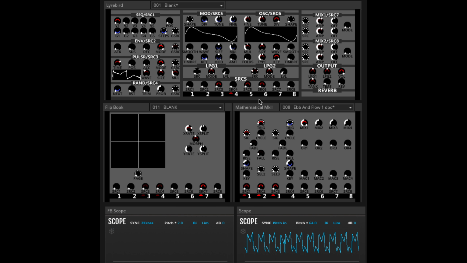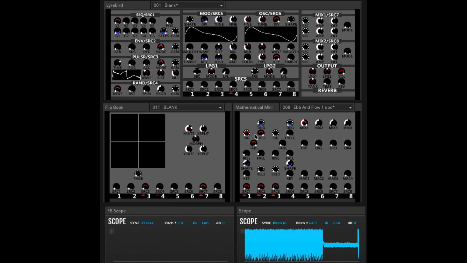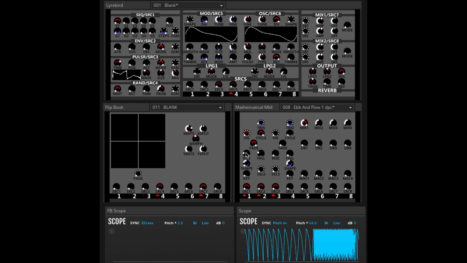So if we start crossfading in Mathematical, you can see we're having an effect on the signal, the pulsed in signal, but we're basically flattening it out, which isn't very interesting. So let's turn on Mathematical's internal cycle mode. In other words, let's have it generate its own pulse. We're filling the screen basically with a dense pattern here, which is controlled by the rise and fall rates, which are set here. So they were set to fast as possible, and now I'm slowing them down,